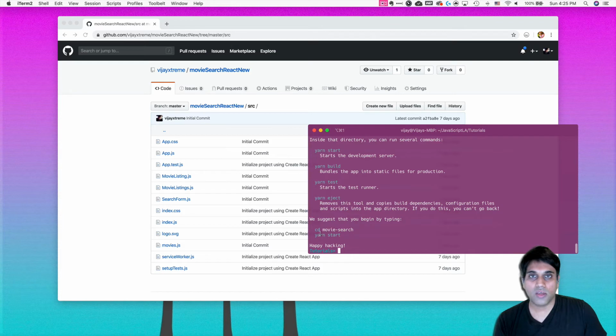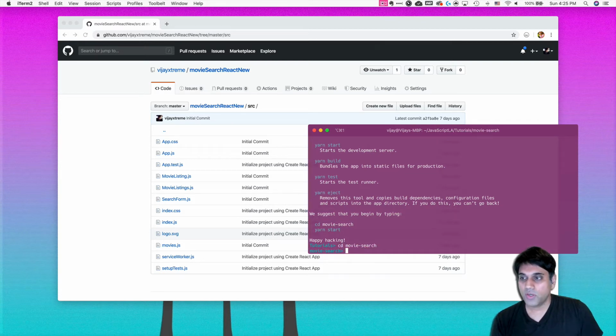One thing that I often miss is that I need to change directory over to my movie search, which is this. Because if I run these commands like yarn start, yarn build, yarn test, and yarn eject, and we'll come to what those are later, it won't work unless I'm inside my actual project folder. This is a common mistake, and I'm pointing it out in case you make it. So cd over to your project folder, then you can use the yarn start command,